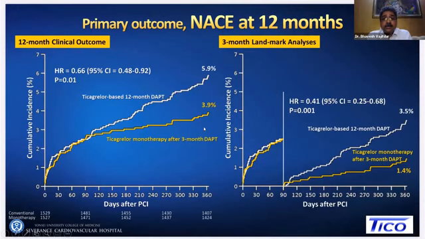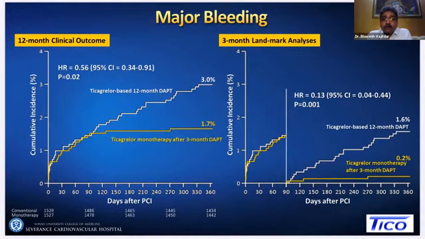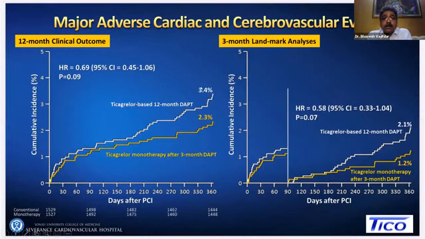And here's what they found: with ticagrelor monotherapy, these patients did better. They had less NACE as compared to those who had dual antiplatelet therapy. Similarly, the bleeding was less in patients with ticagrelor. The MACE events were almost similar. The p-value was just about 0.09. You know that less than 0.05 is significant. So here 0.07 and 0.07, so not significant.